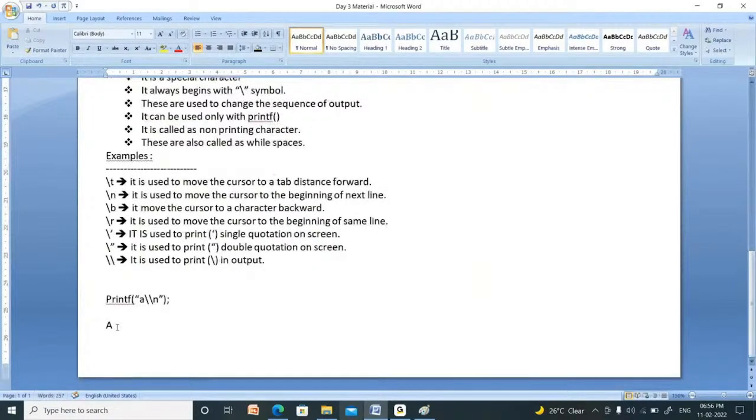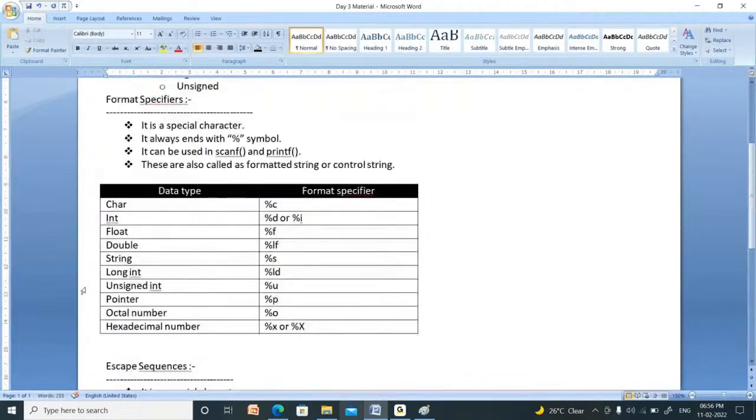Now note down these two concepts. Note down the format specifiers.